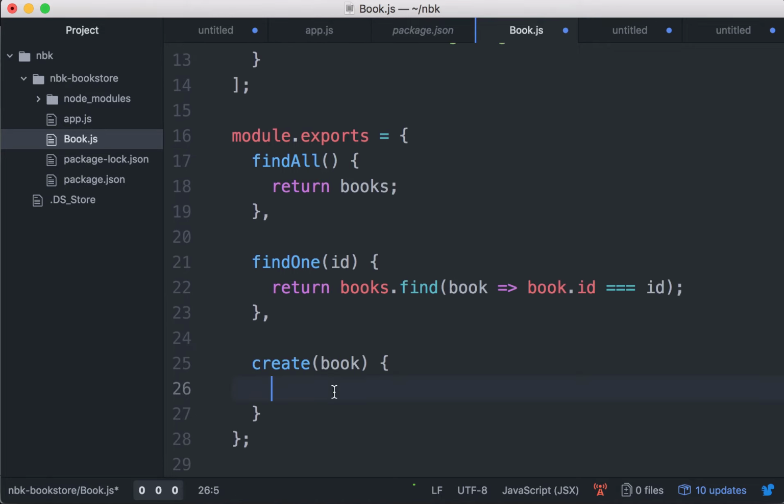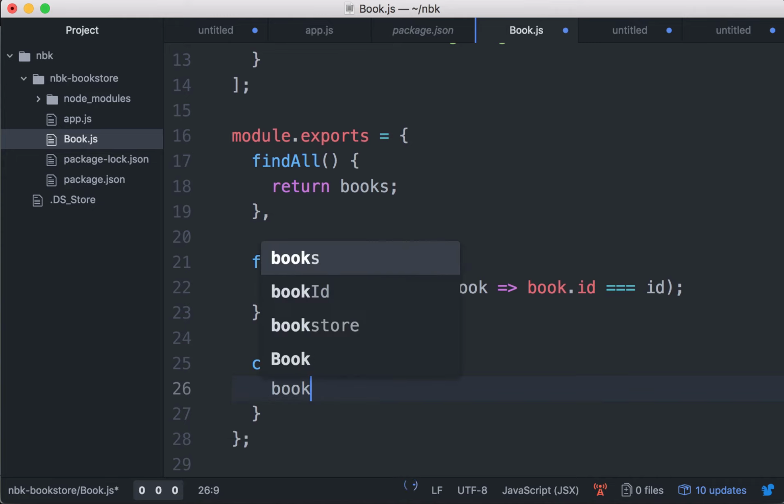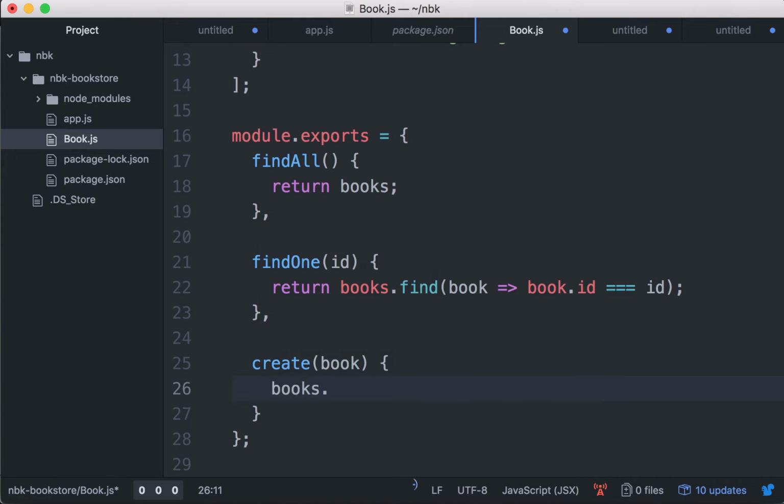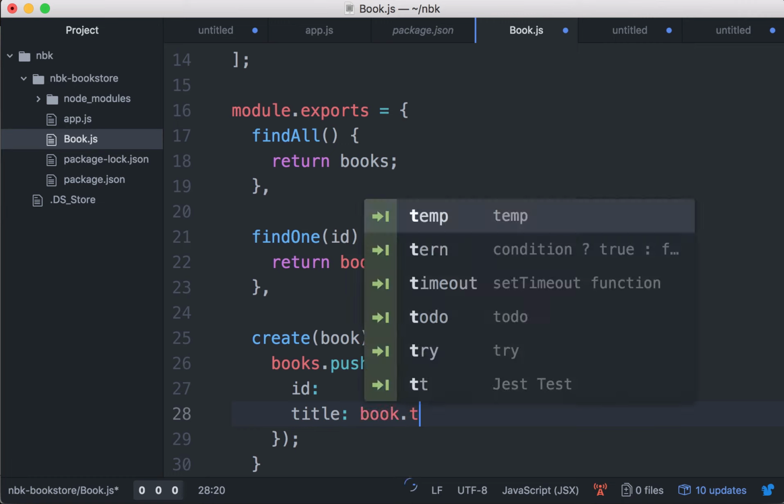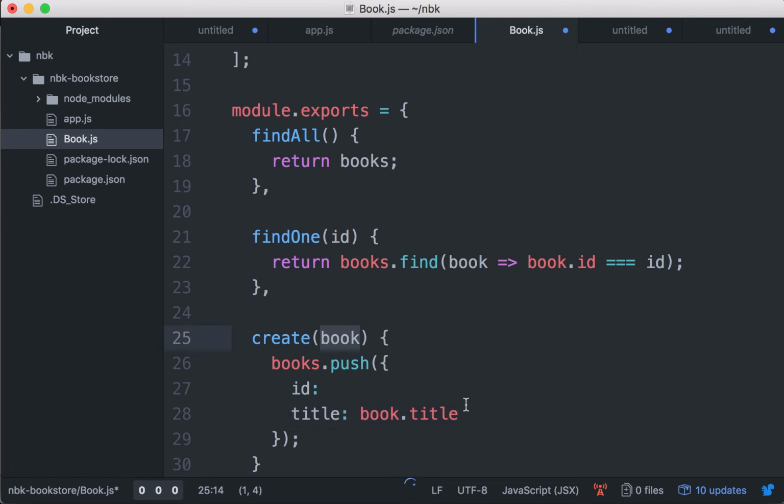So let's just do a simple books.push with an object. We're going to push an object that has ID and a title. A title is going to come from the actual parameter, right? Now what's the ID? We need to